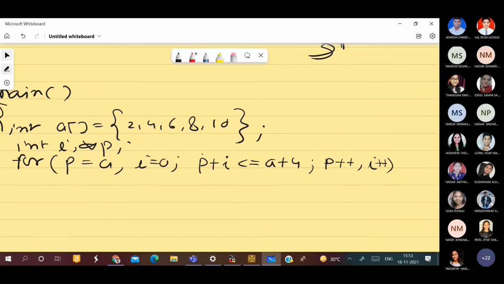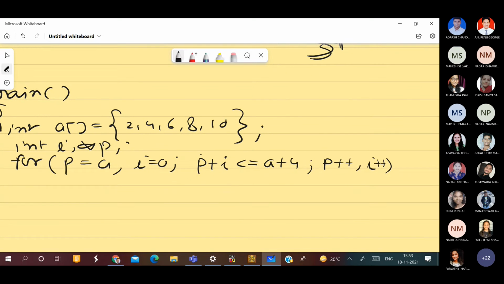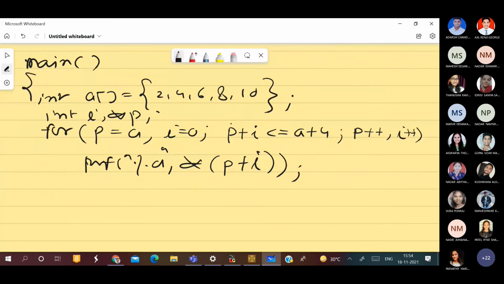Printf %d, star of P plus I. And this is the end of the program. Tell me what is your output.